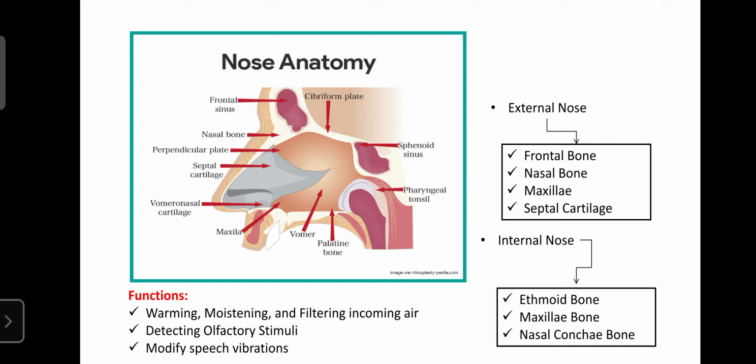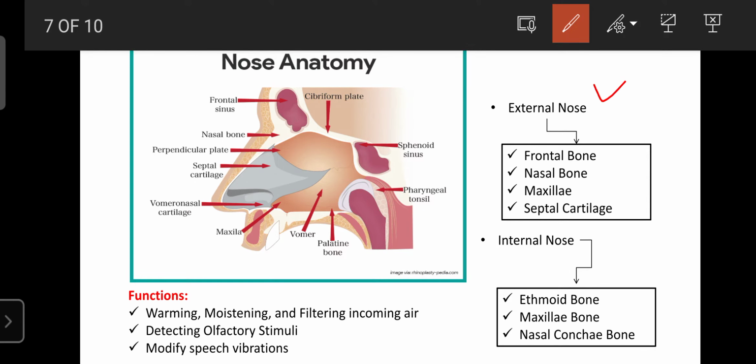Next we can learn regarding the special senses: the nose. We have already learned the anatomy and physiology of the nose in the respiratory tract, where it plays an important role in the inhalation of air as well as humidification or warming of the air. The nose is present in the face, in the cranium or skull. The nose is mainly divided into two parts, the external nose as well as the internal nose.